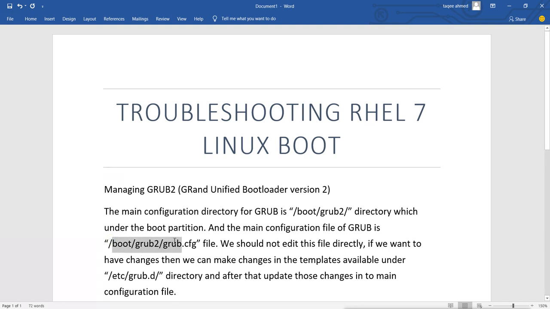That is the main configuration file where we should have the changes. So we make changes in the templates of this directory, and we update the changes into the main configuration file.